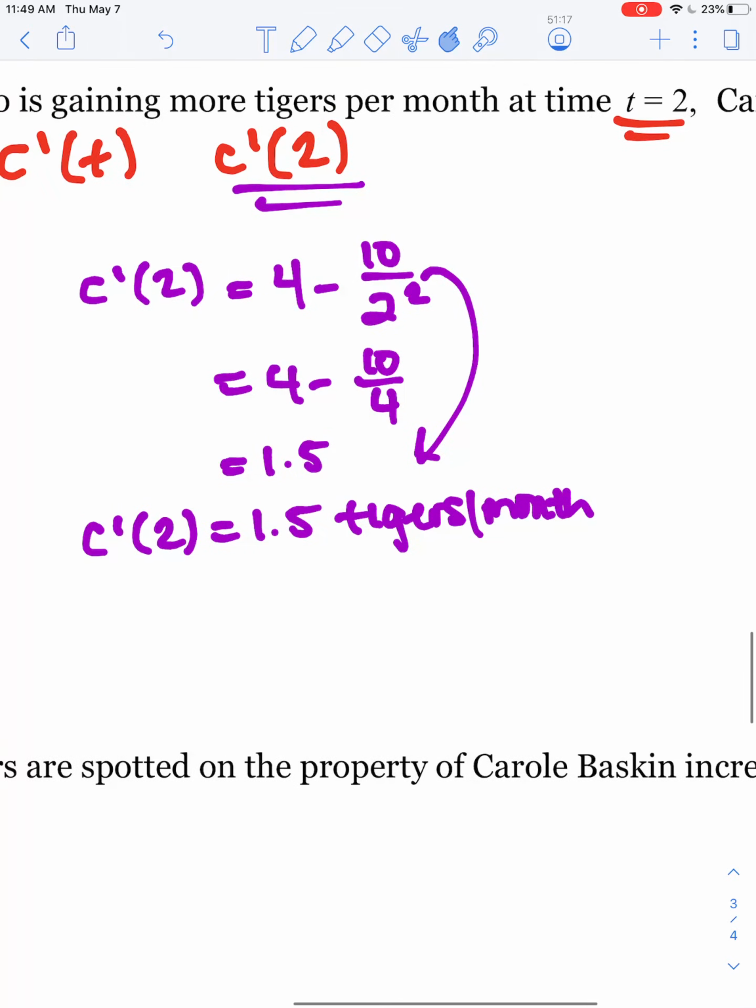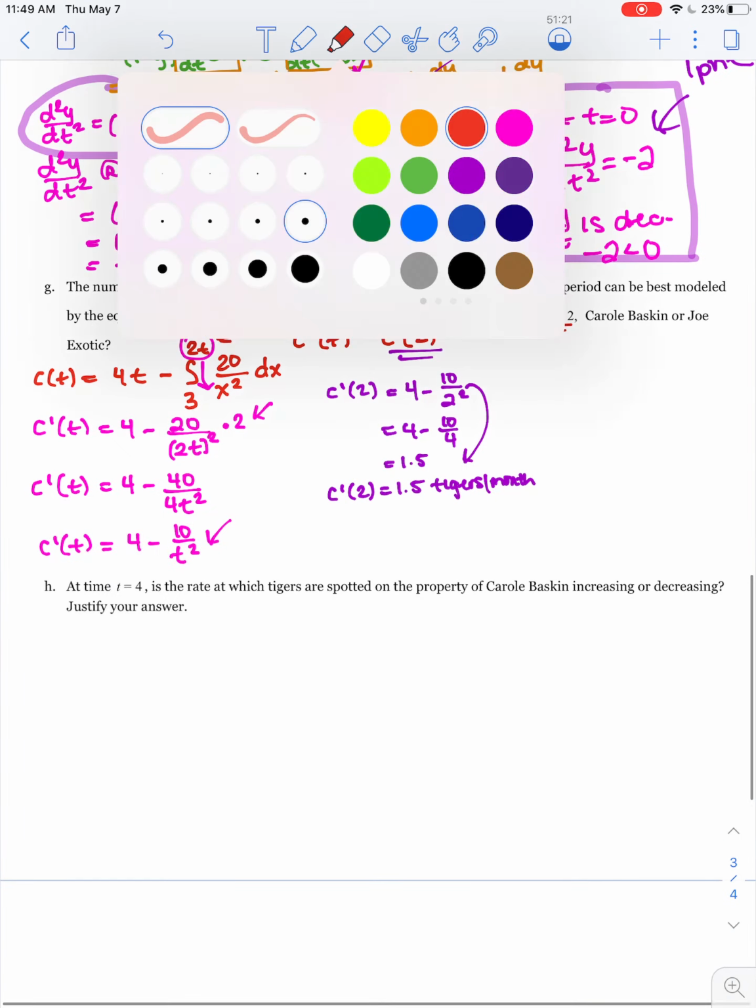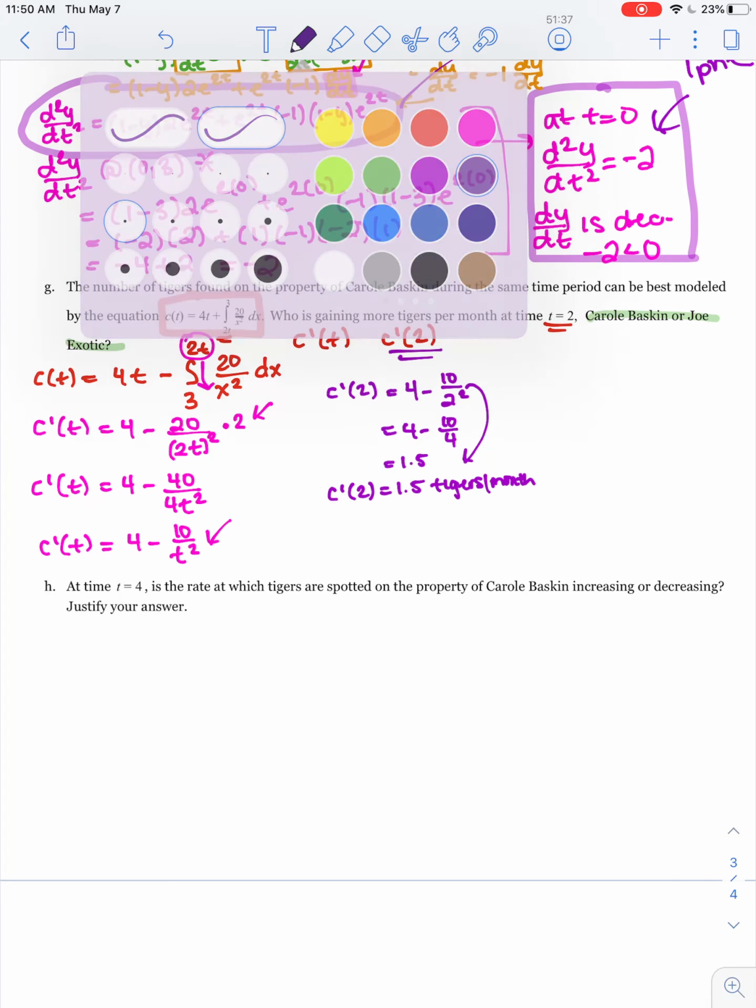Okay, but notice that's not what the question is asking. It's asking for you to decide who's gaining more tigers. Is Carol Baskin or Joe Exotic gaining more tigers at t equals 2? So we need to go all the way back, I believe, to question D. Okay, so from part D,